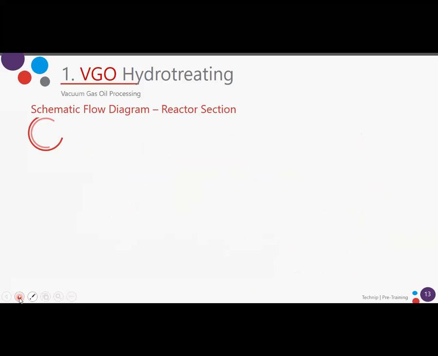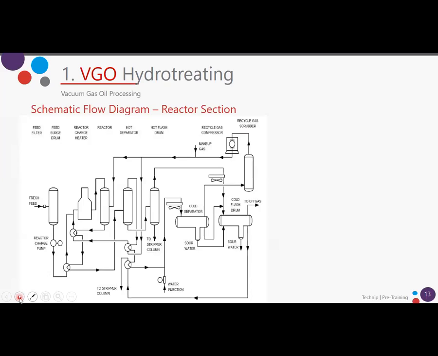So we will see here the schematic flow diagram. This schematic flow diagram is in the operating manual, so I put it here because maybe it is easier to follow the process with this type of flow diagram. We will go step by step. So the feed,